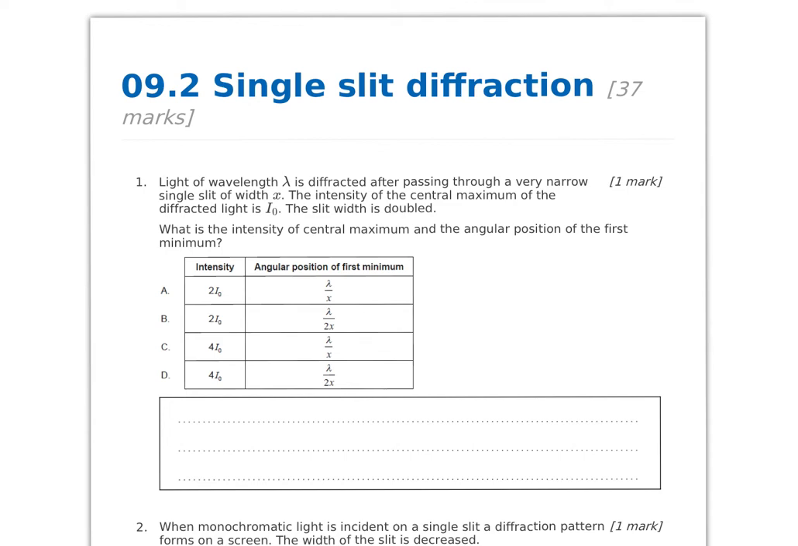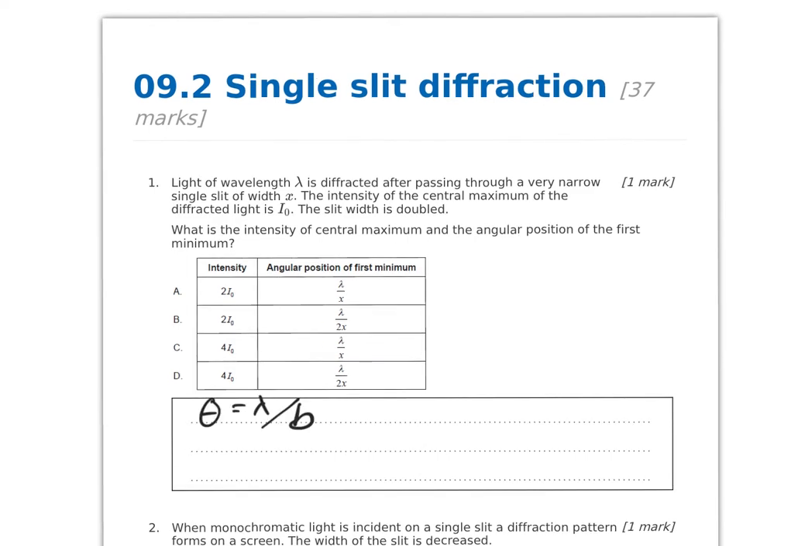Okay, so we start with the first multiple choice question saying that we have wavelength lambda diffracted through a single slit of width x. Intensity of the central maximum of the diffracted light is I naught. Then you double the slit width, and what's the intensity of the central maximum and the angular position of the first minimum? Well, let's address first of all the angular position of the first minimum because that formula is on the data booklet. So the angular position of the first minimum, theta, is lambda over b,